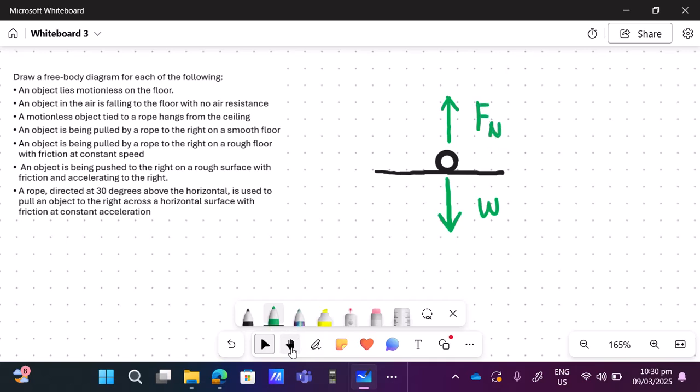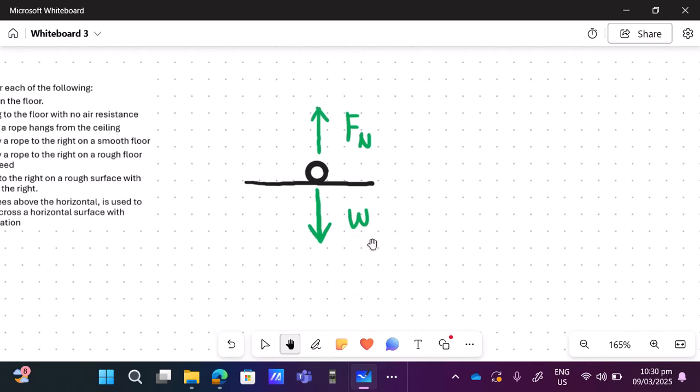Now, since we have here a motionless object, what would be the different things to consider? Let's see if there are forces present in both horizontal and vertical directions. If you notice, all forces acting on this object are vertical forces. So meaning to say, the summation of forces along the horizontal axis is equal to 0.